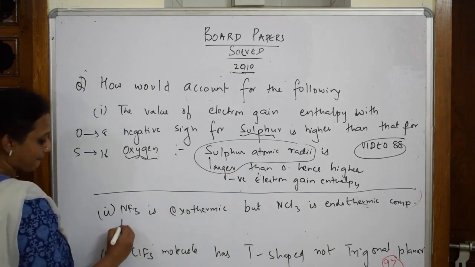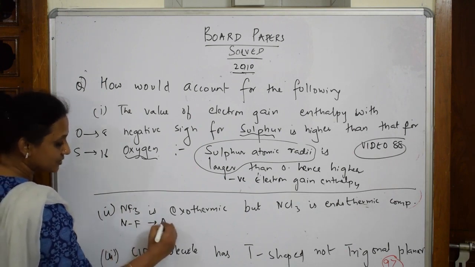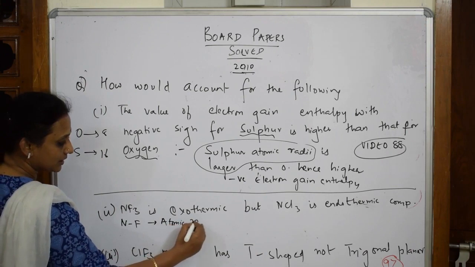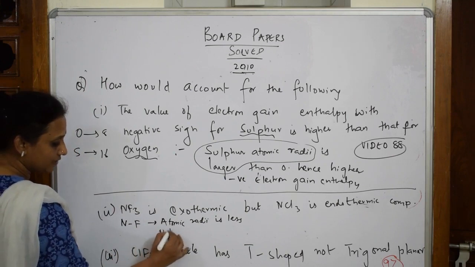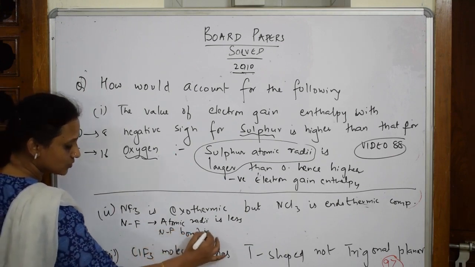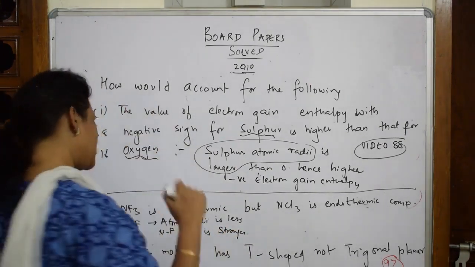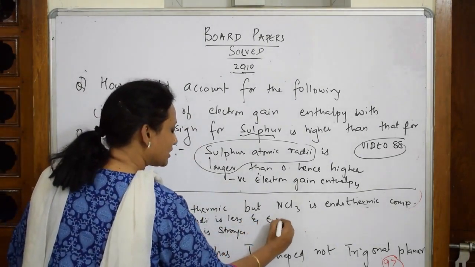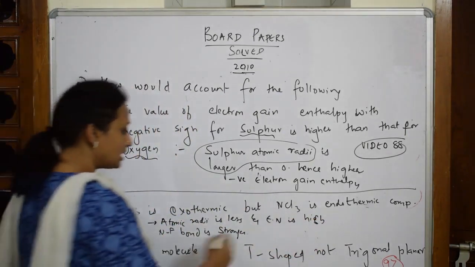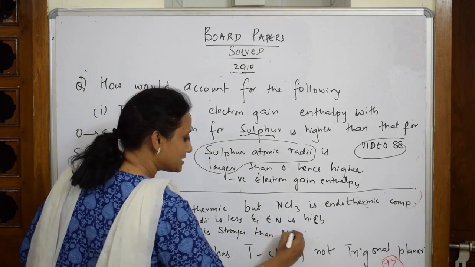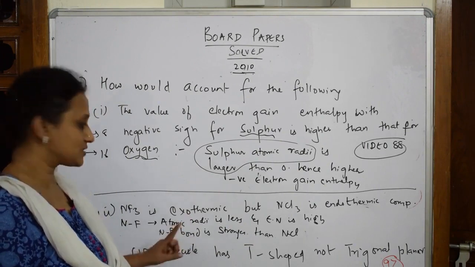Start writing in terms of N-F. In N-F, what is the concept? The atomic size. First let us write that atomic radii is less. Then the N-F bond is stronger. When atomic radii is less, what else? Electronegativity is more. Okay, atomic radii is less and electronegativity is high. This is very important, right? So when these two concepts are there, what will happen in the N-F bond? The N-F bond is stronger than the N-Cl bond. So when this is stronger, automatically it becomes an exothermic reaction, isn't it? Hence